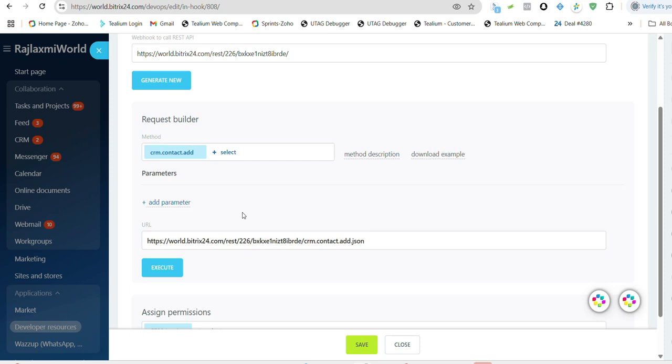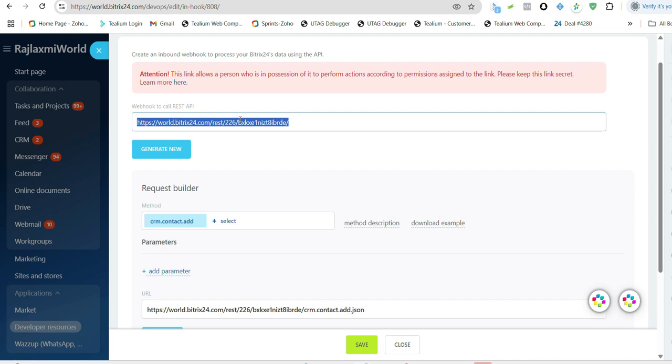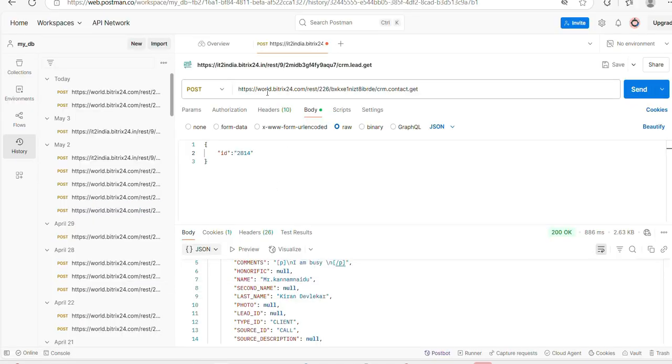So for that, you need to use Postman. By using Postman, you can copy this webhook to call the REST API. Before this, copy this URL, save it, and then go to Postman. See this? I have already pasted the URL, and you can pass this method. So for identifying the fields in the contact page, you can pass this method,